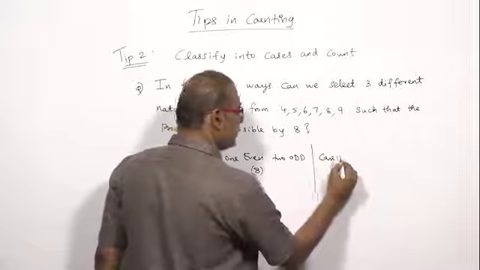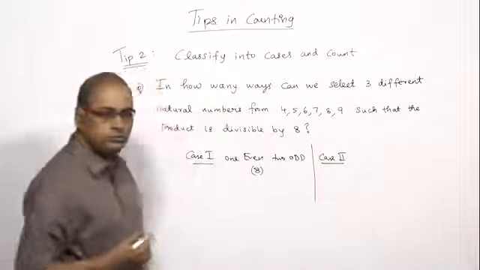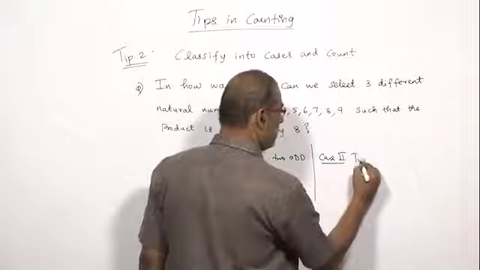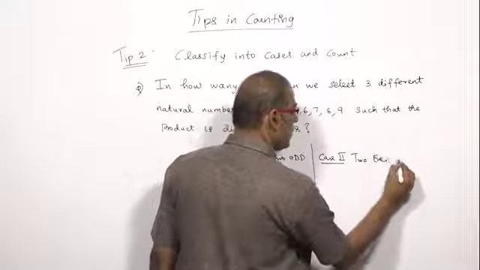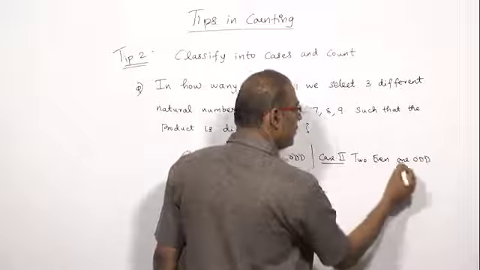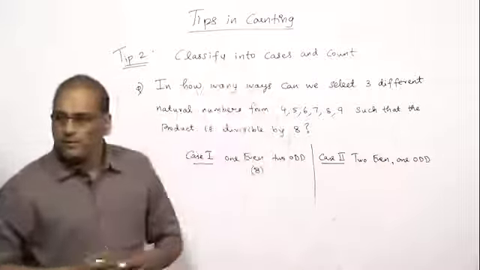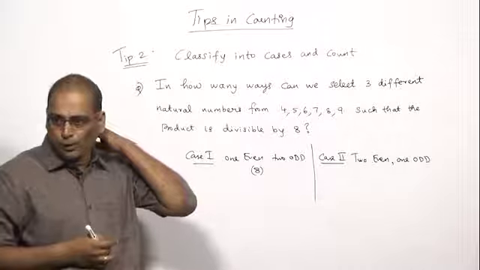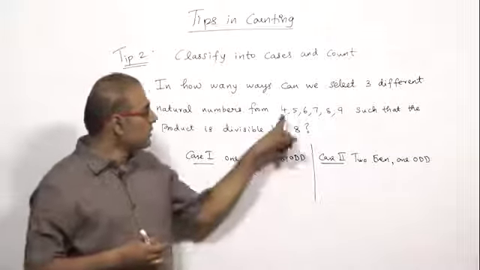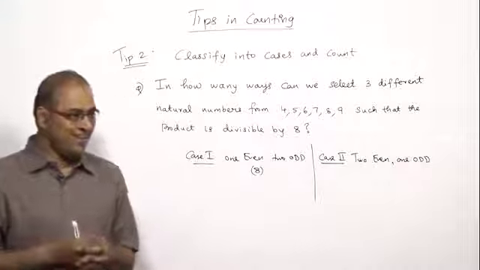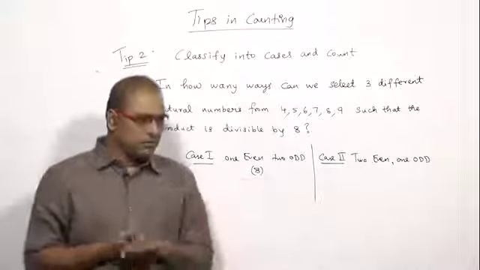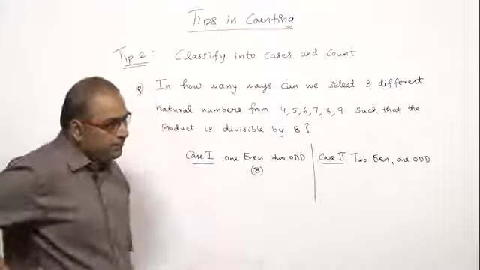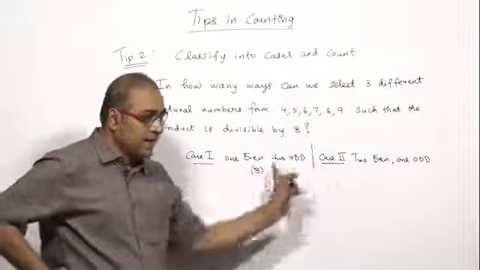Case 2, 2 even. Is it necessary to look at what the 2 evens are? Not necessary. Any 2 evens, the product is going to be a multiple of 8. How do you know? Because there are 2 multiples of 4. 6 is only a multiple of 2, not 4. So anyhow, if you choose 4 and 8 also, it will become a multiple of 8. Therefore, that will come here, 8 and another even.